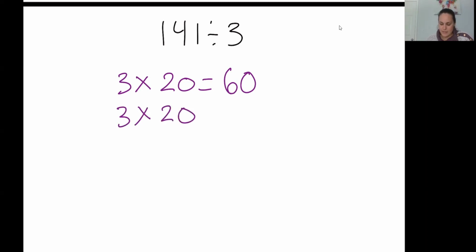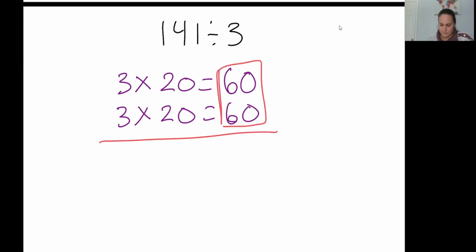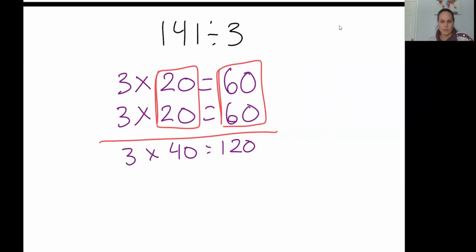So just like on the last one, I'm going to add these up and see where I'm at. So far, this gives me 120. And this gives me 40 of them so far. So I'm almost there. So 3 times 40 equals 120. Now what I might do, since I'm close, is I might do that mental math off to the side. So I might choose to do